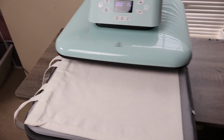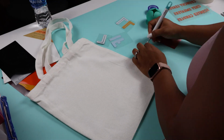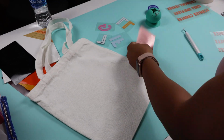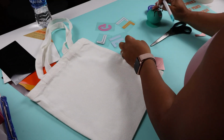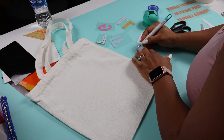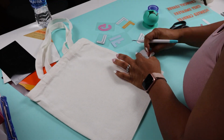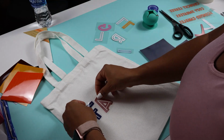It was just so easy. And then I just place all of my wording. This one says fall kind of girl. I was originally actually supposed to put this image and phrase onto a white t-shirt, but I think it was like 1 a.m. and I was so tired, and I just put it on there. Anyways, I just adhered it with some